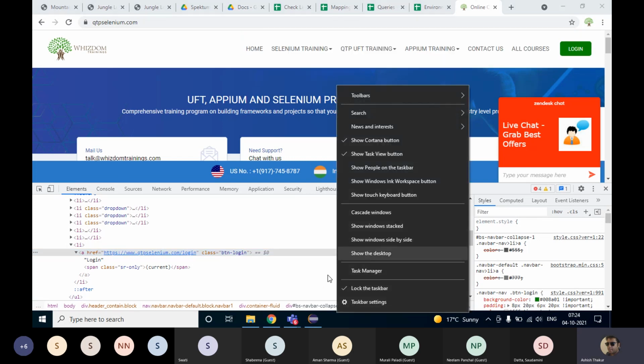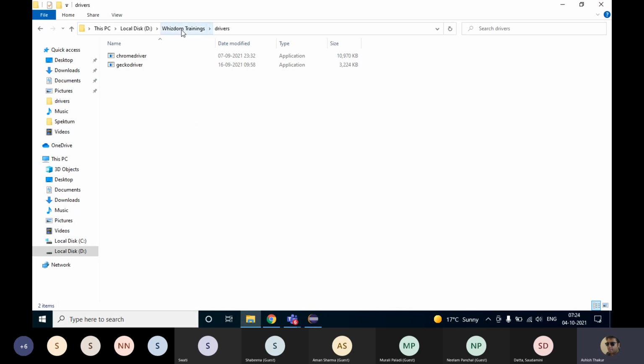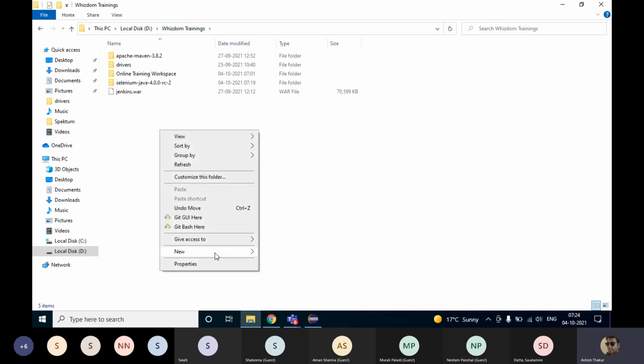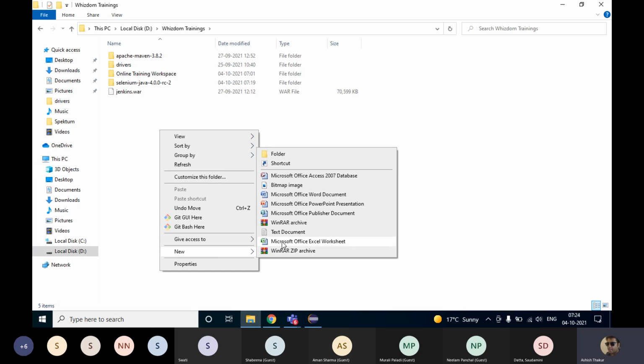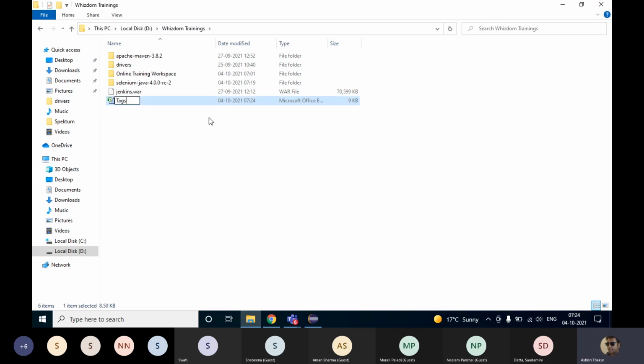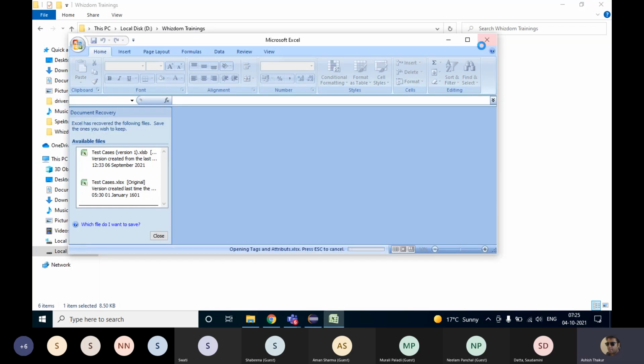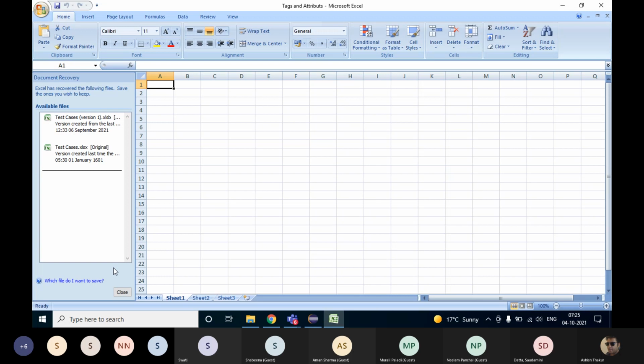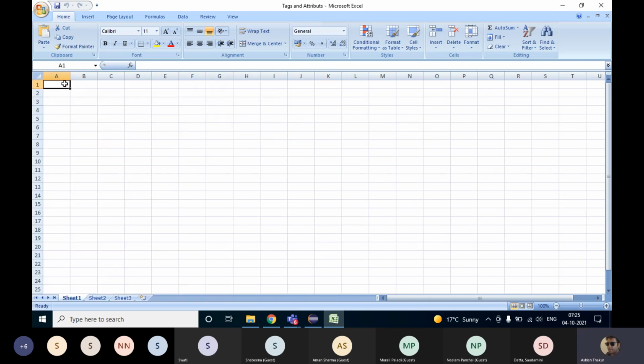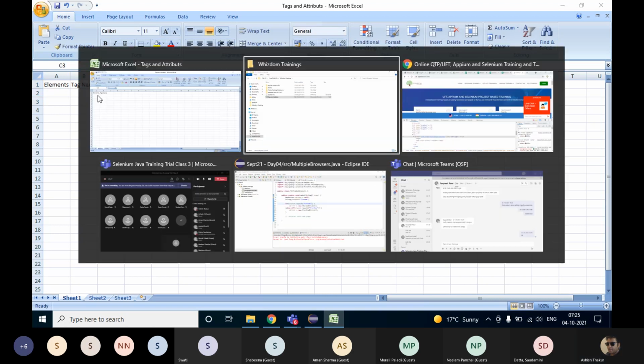Okay, I'll make a class over here, or not a class, sorry, an Excel file known as tags and attributes. Now basically HTML comprises different elements. Every element has got a tag name. What is a tag name?